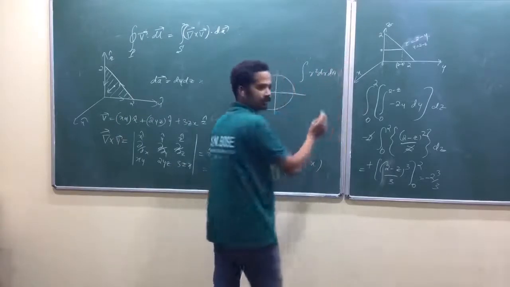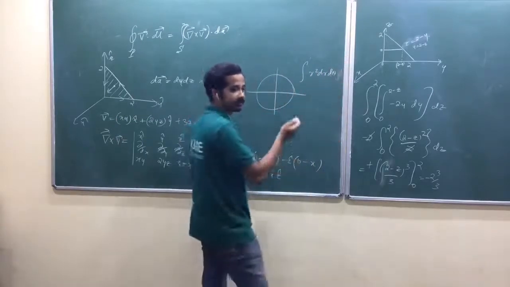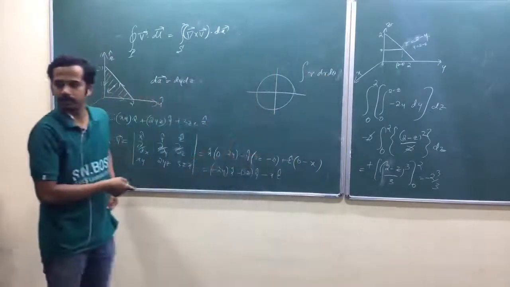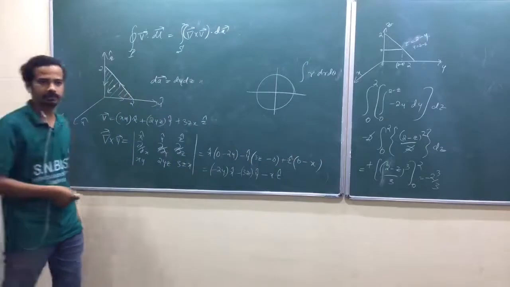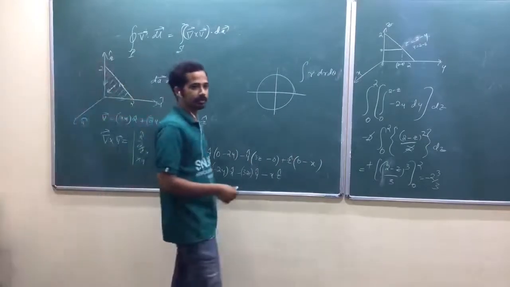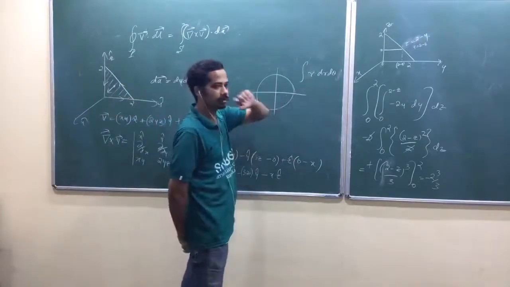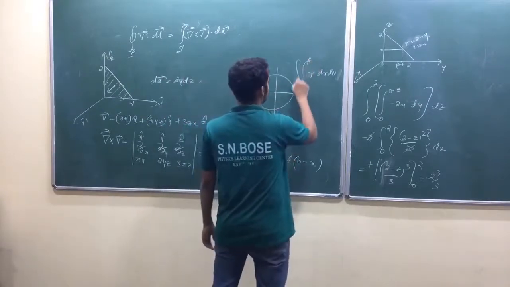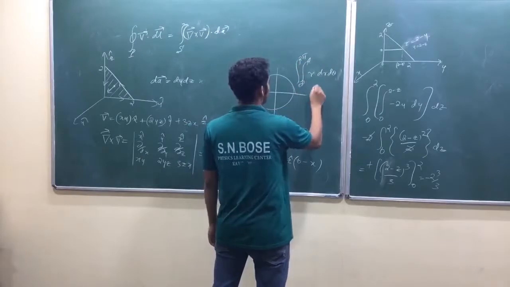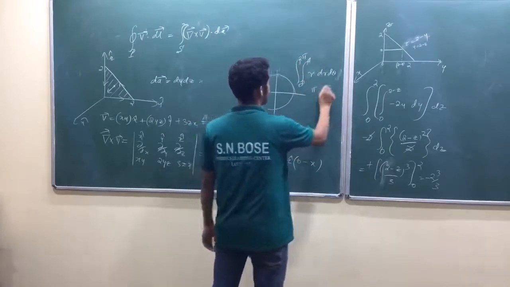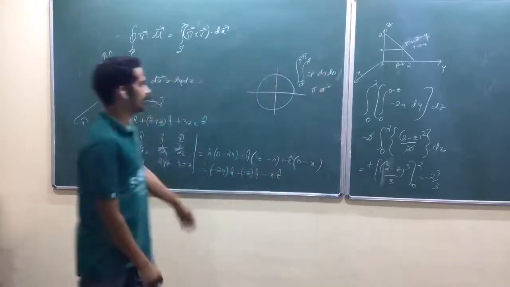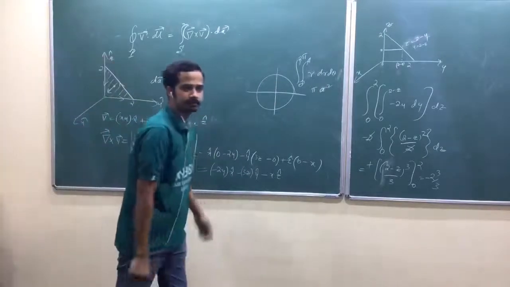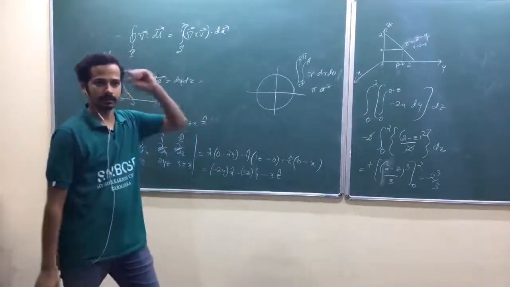Yeah, r square dr d theta. That's it. No, r dr d theta. Am I right? Area element in case of plane polar coordinate. We have taken couple of days before. Area element in the plane polar coordinate. R dr d theta. Isn't it? When you integrate this one from 0 to a, theta from 0 to 2 pi, what will you get? You will get pi r square. You can check it out. So check that out. R square by 2 into 2 pi. Isn't it? So that's how it works.